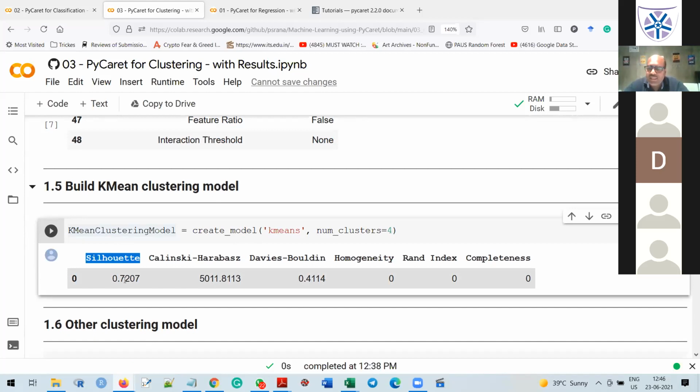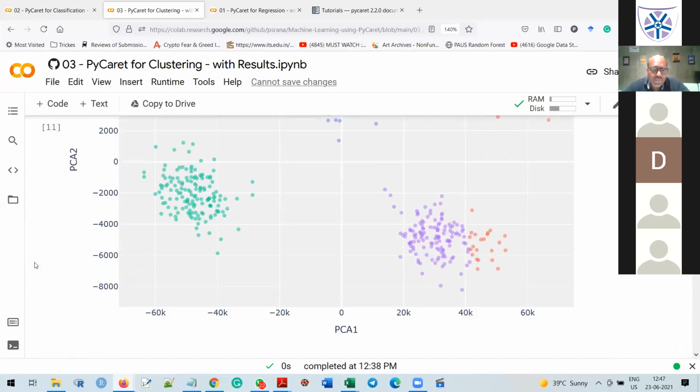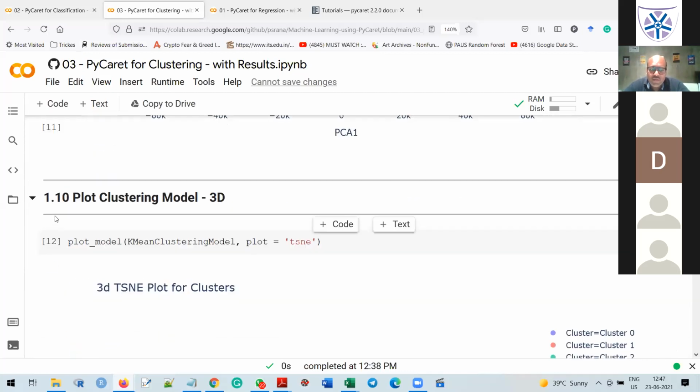Just remember, we are getting a 0.72 Silhouette score. Just go to Google and explore how exactly the Silhouette score is calculated. It is one of the evaluation parameters for clustering algorithms, similar to sensitivity, specificity, and accuracy for classification, and R square and root mean square error for regression. Now come back to step number 1.10.